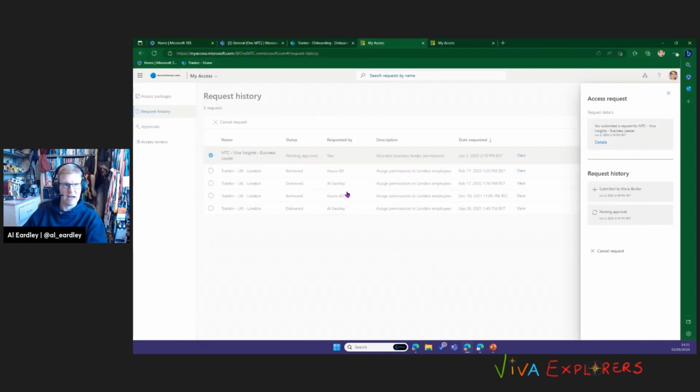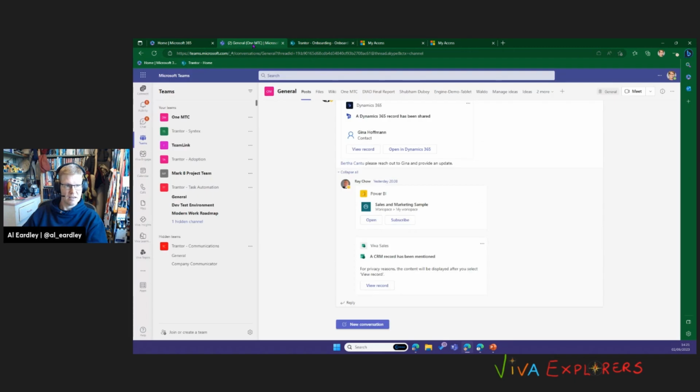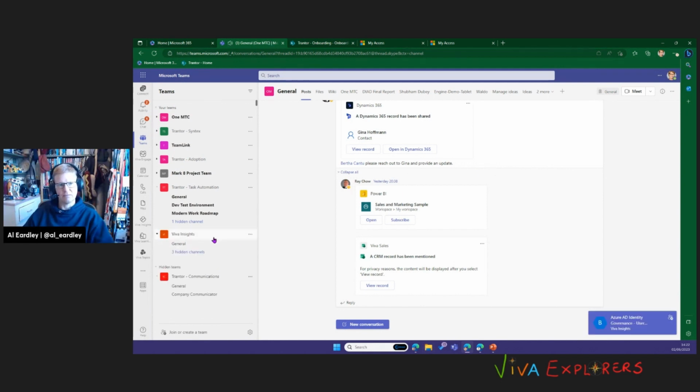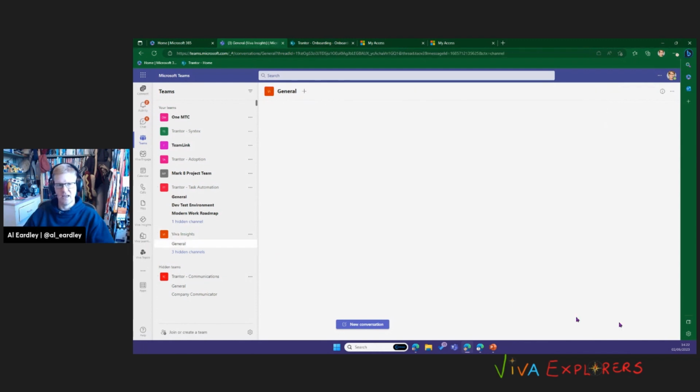But if we come back here, don't think it will be that fast. It's not that fast. But just remember, the team wasn't there and the Viva Insights wasn't showing. So we'll come back to this later and show you the outcome once those permissions have been delivered. But whilst they're being delivered, oh, actually, it's just popped up. So we've just seen Viva Insights has literally just popped up, and we've had a notification in there that said,